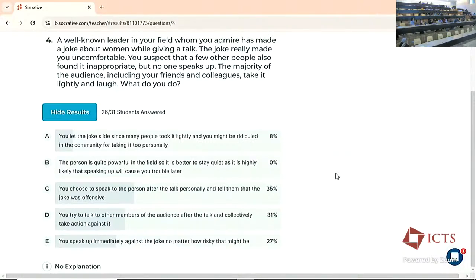I had the same discussion in Italy about a month back, and people were like, what? You don't admire Columbus? Exactly. So I would find it very offensive. But of course, even then I might still have chosen A, but not because of the reason that is given in A. So this question is a little troubling because you might let the joke slide, maybe because there isn't any point in talking to the person and trying to explain, but not because one would be ridiculed, but because maybe this is just not the way change happens.